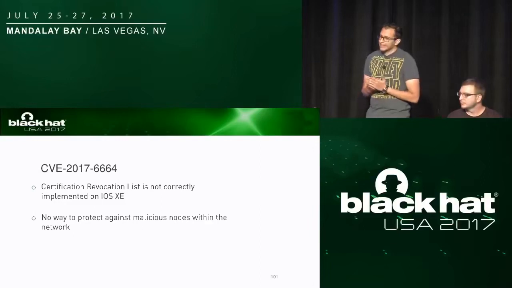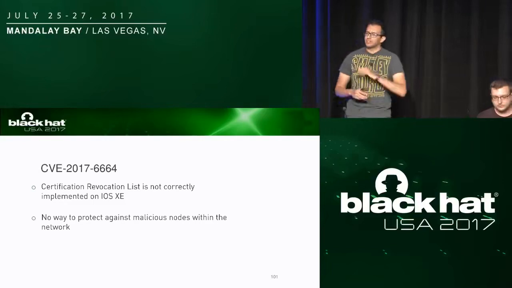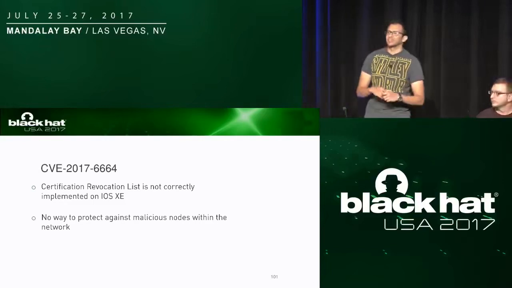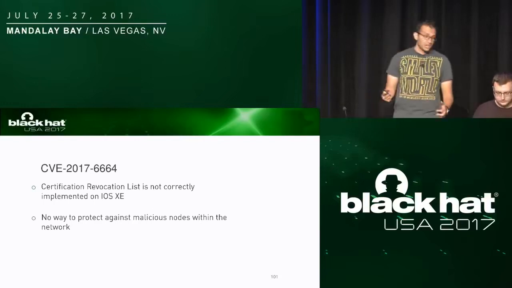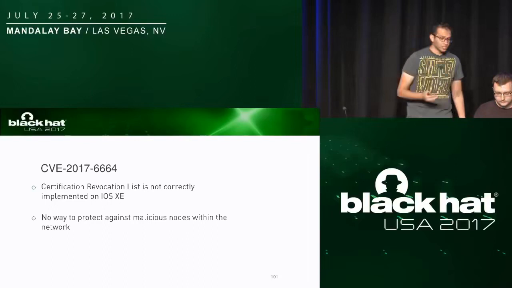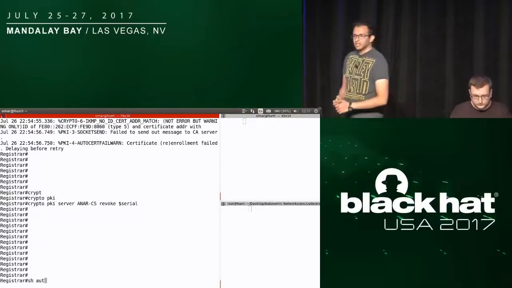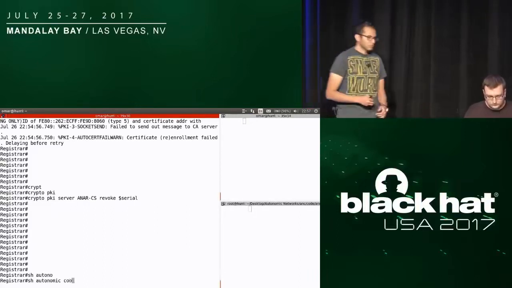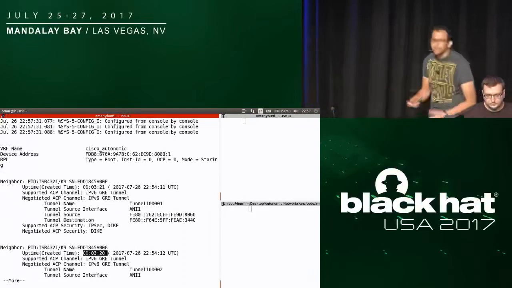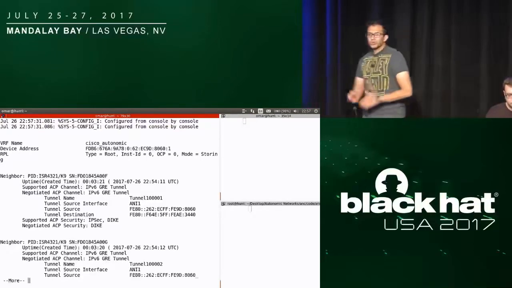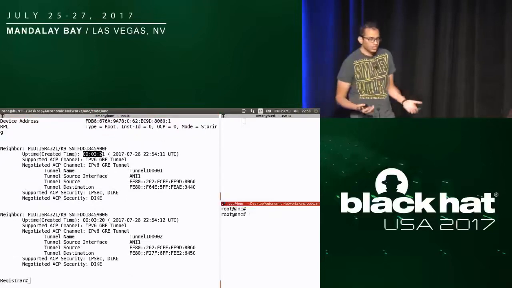Okay. You know, I have full control of my network. I believe none of my nodes will ever get compromised. All I care about is that I have a really stable and secure connection. And if we go to one of the devices for the register, for example, and type something like show autonomic control plane details, we can see that the secure connection has been up for about 3 minutes and 21 seconds. So we have a secure and running connection, and that's all I care about. Why should I care about something more?